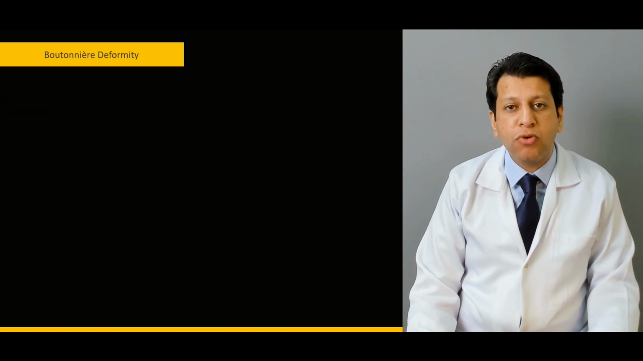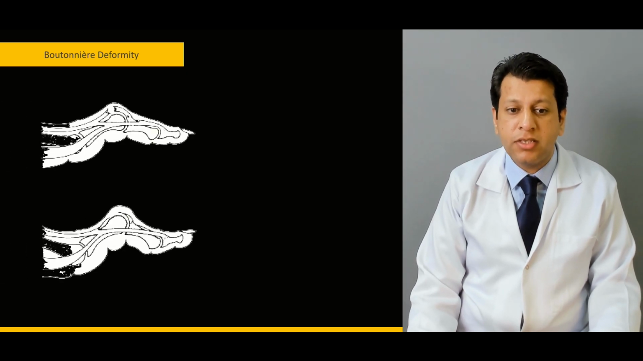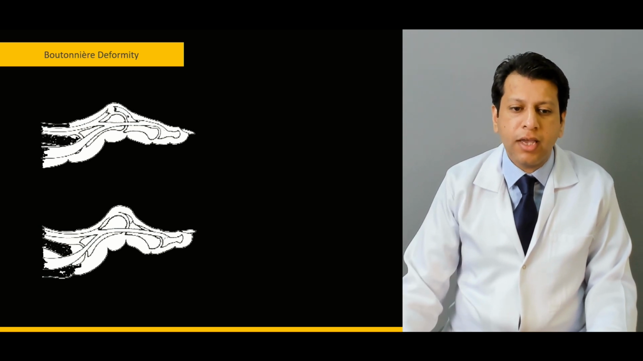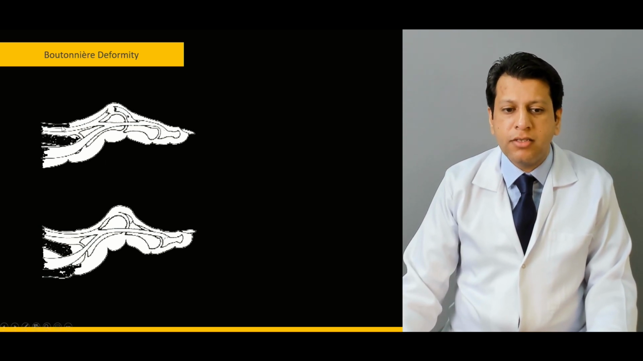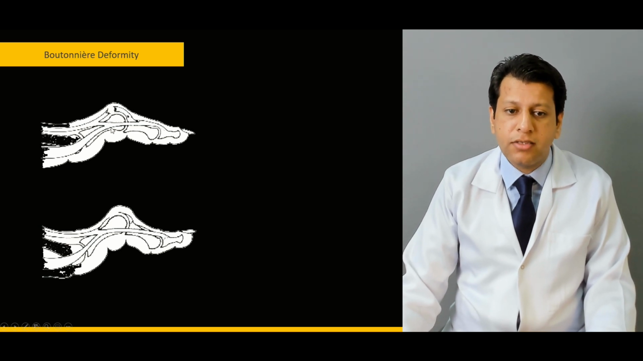Now coming to another problem of the metacarpals and phalanges, the boutonnière deformity. As I just told you, on the extensor side there is an extensor hood and a central tendon that attaches on the middle phalanx, and there are 2 lateral slips which continue forward and attach on the distal phalanx. If for any reason this